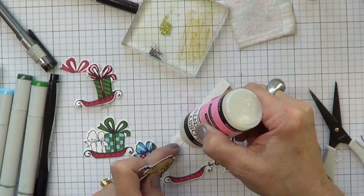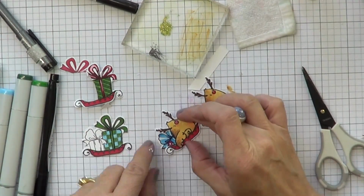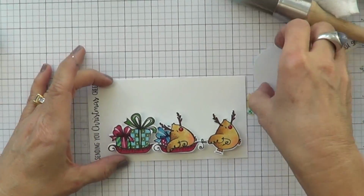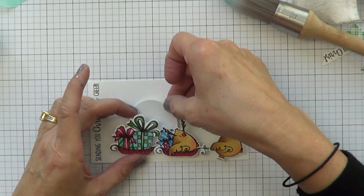Sometimes there's not enough paper to attach these images together. So I take a scrap piece of paper and glue it behind it, I make like a little tag, and it really helps. I thought you'd want to see the back of that. I added foam tape, and now I've masked off a circle. I'm going to put it behind here,